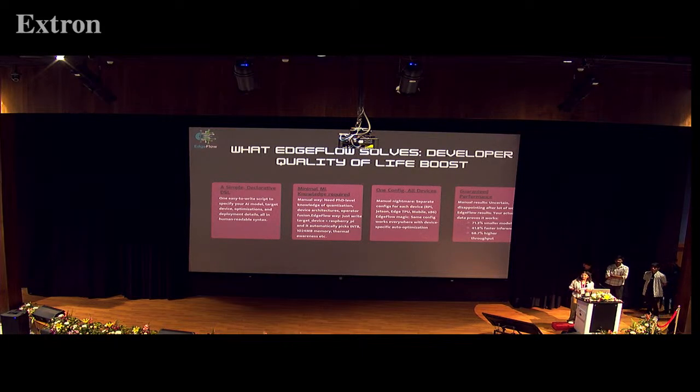Edgeflow provides a simple declarative DSL with a human-readable script that deploys to any device with a single config. No or minimal ML knowledge required. No PhD level knowledge required for quantization. You just have to write a simple config file. It avoids vendor lock-ins and manual errors, and it also leverages built-in optimizations, making the deployment universal, efficient, and reliable.